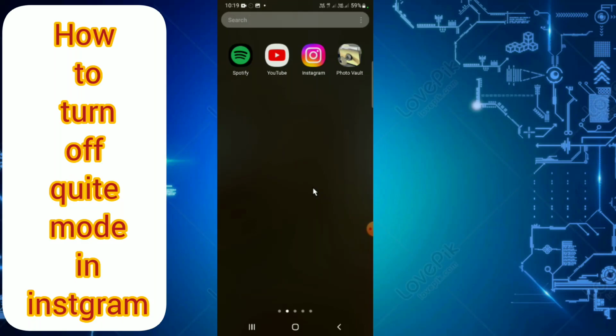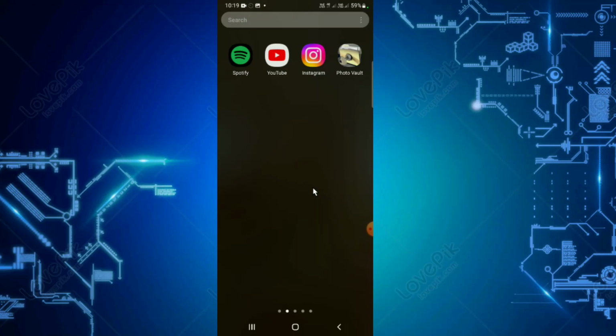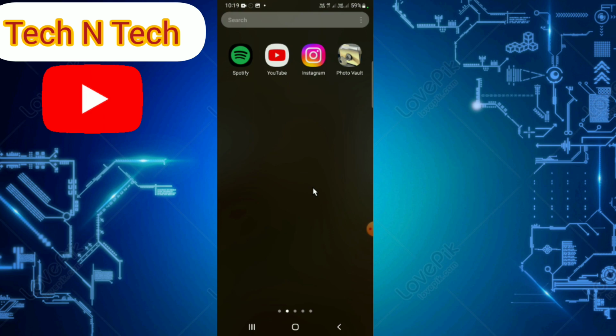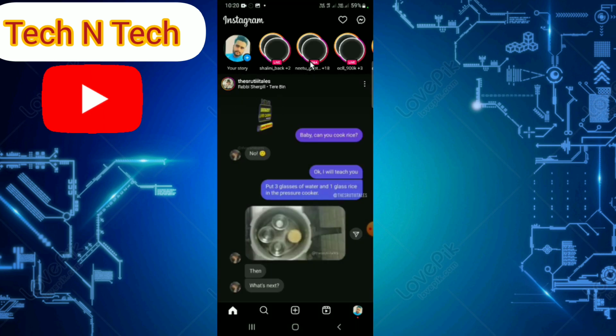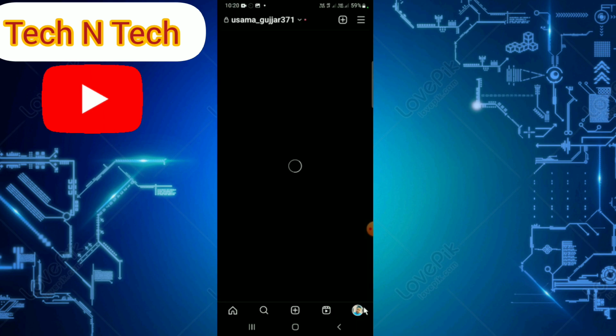In this short video tutorial, you will learn how to turn off quiet mode on Instagram. Quiet mode is a feature that limits the notifications you receive from the app, allowing you to take a break and have some quiet time away from constant updates. However, if you want to go back to receiving all your notifications as usual, this video will guide you through the